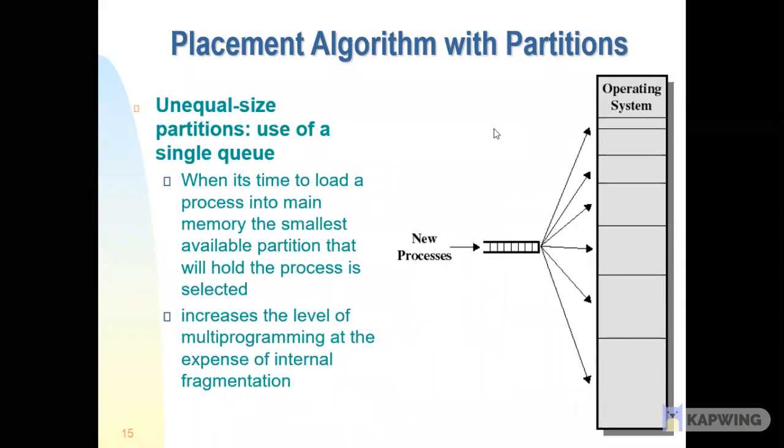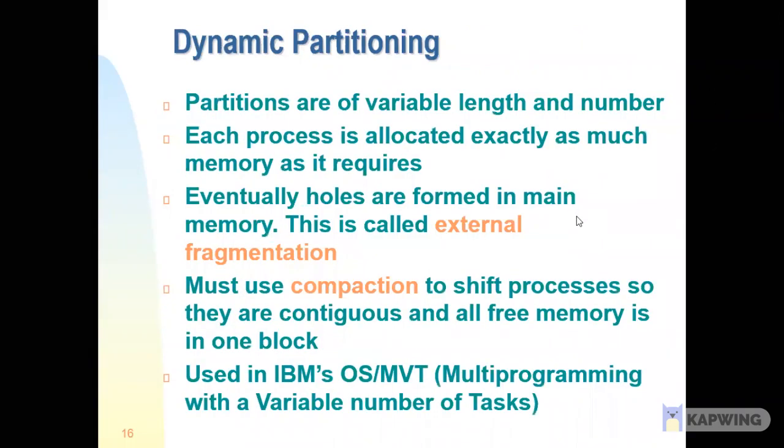Then unequal size partition with use of a single queue. Use only a single queue and place the process in that partition. Whenever it is time to load a process into main memory, the smallest available partition that can hold the process is selected. This increases the level of multi-programming at the expense of internal fragmentation. So more internal fragmentation will be here also. Okay, now we'll go for the